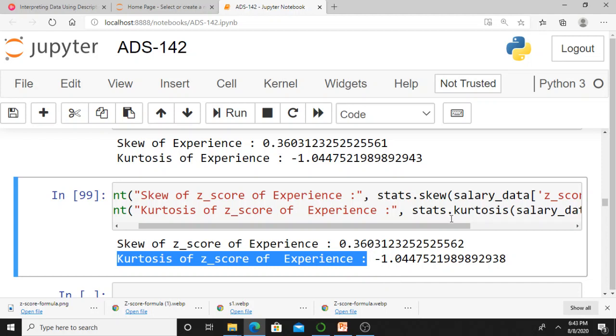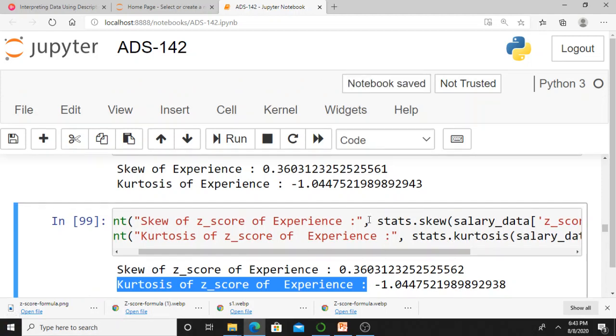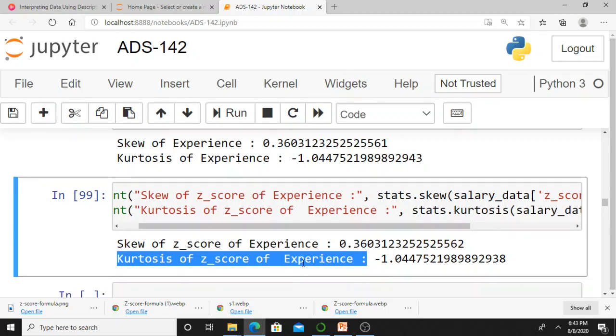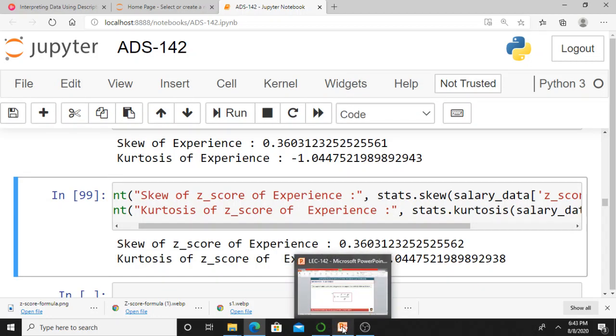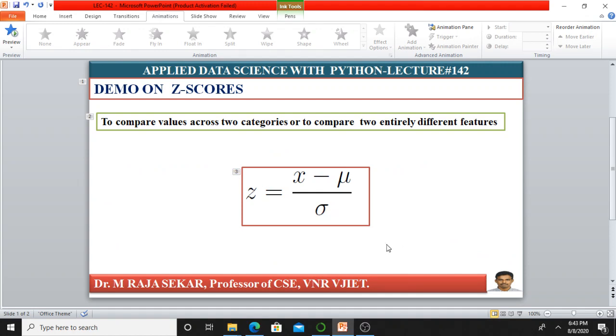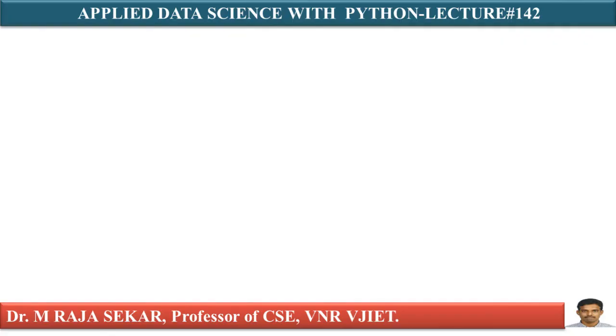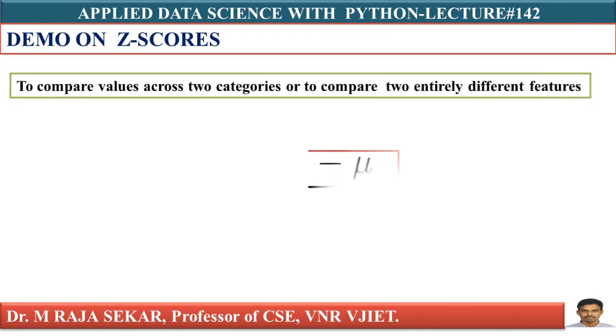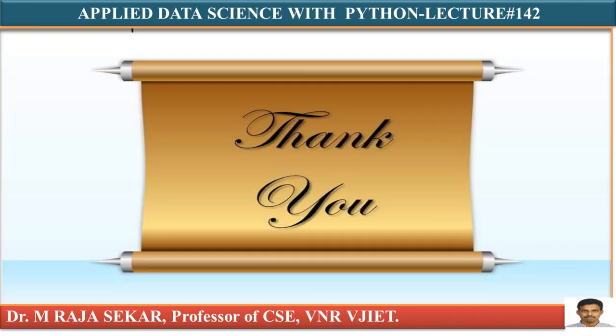Even if you convert data into Z-score, the basic nature of the data will not change, but the transformation z equals x minus mu by sigma is useful to compare across different categories. As I told you in the introduction, with the help of Z-scores you can easily compare values across different categories or even different features.